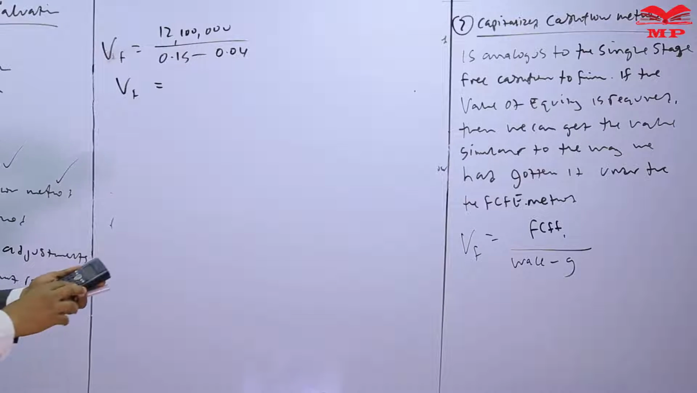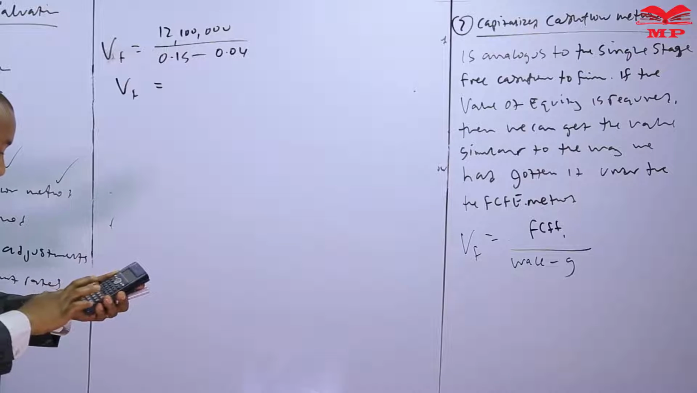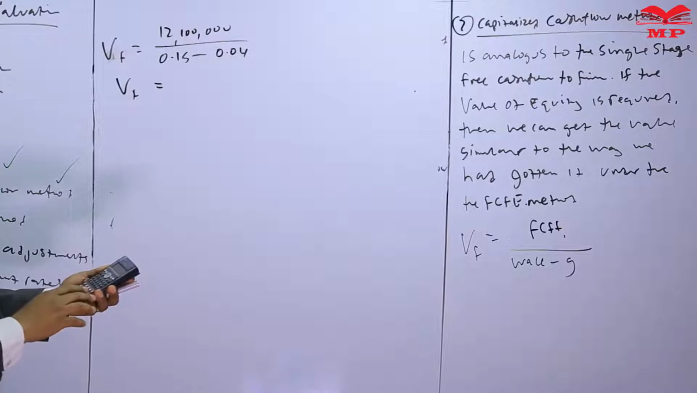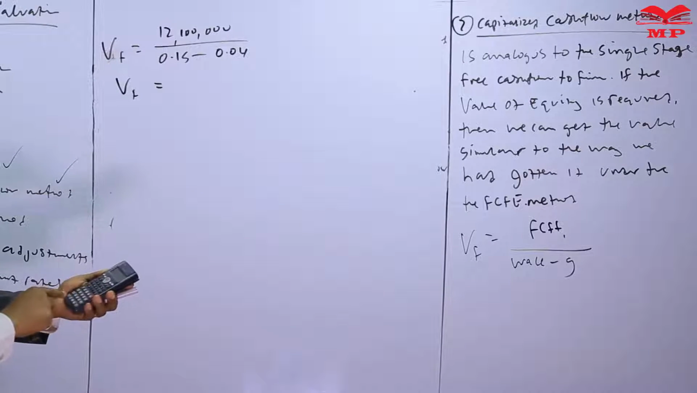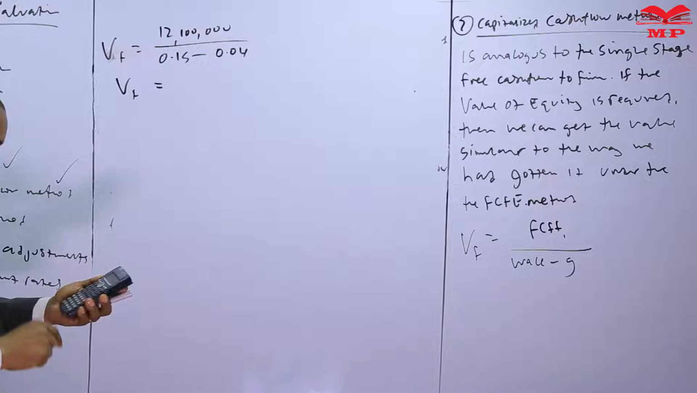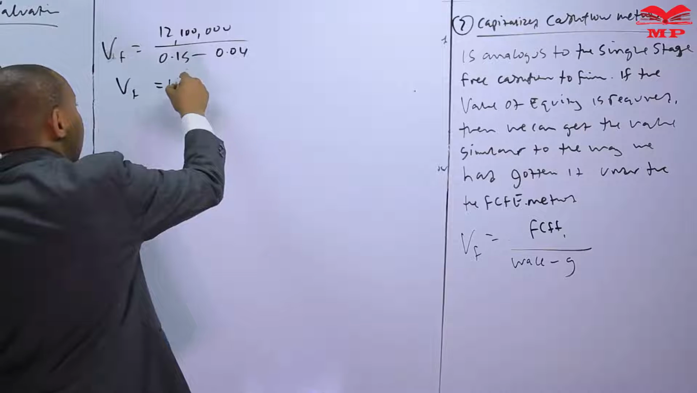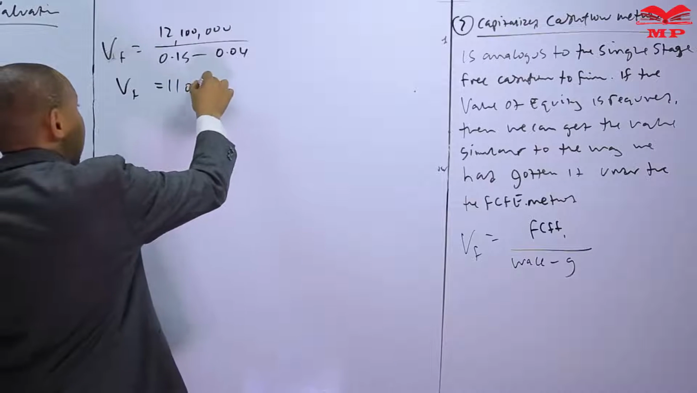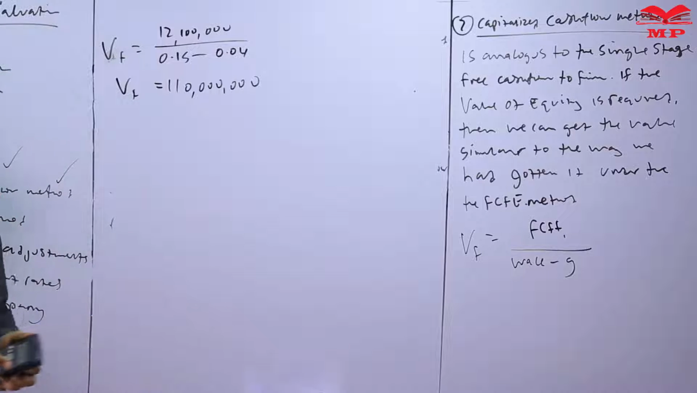So very quickly we have 12,100,000 divided by 0.15 minus 0.04. We have 110 million. Now, once we have the value of the firm, what we need to do is this,